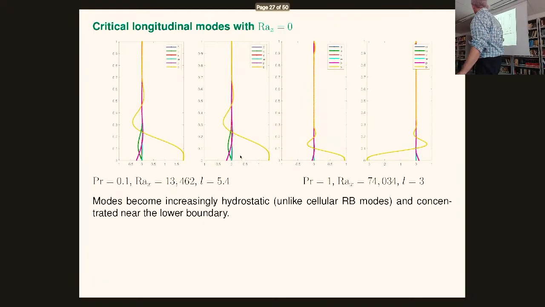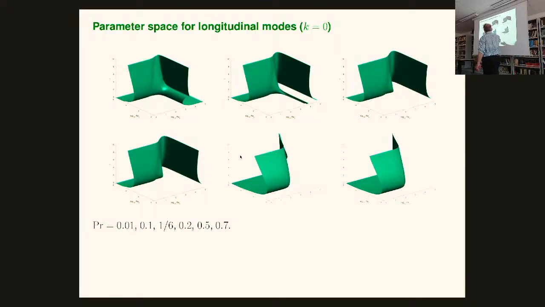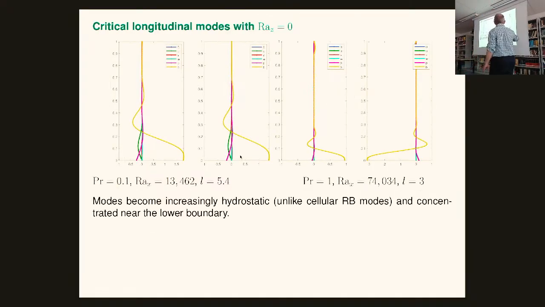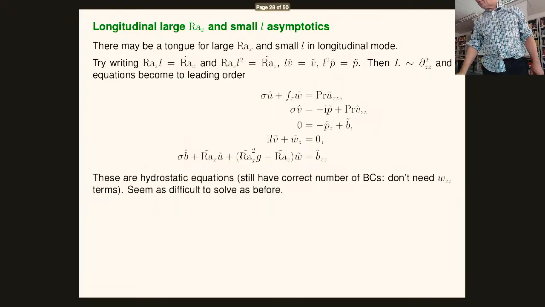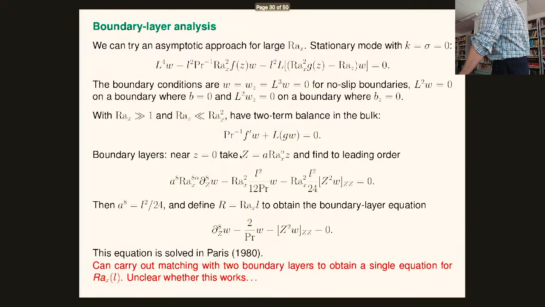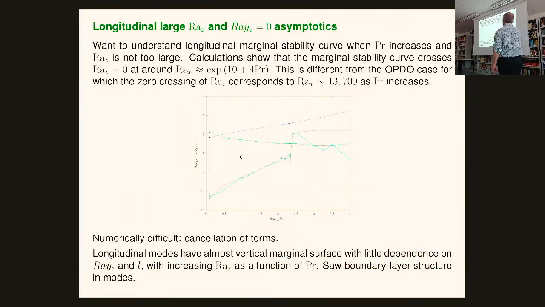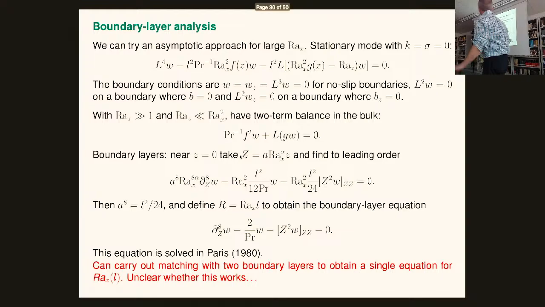It's worrying me. I showed you this surface here. You see it's very insensitive to this Rayleigh sub vertical. You also see that my flow is very hydrostatic, concentrated in the boundary layer. So I tried a boundary layer scaling. Where is it? Here it is. So, okay, there's not much dependence on Rayleigh z and L, so you can do this. And you can do a boundary layer scaling.